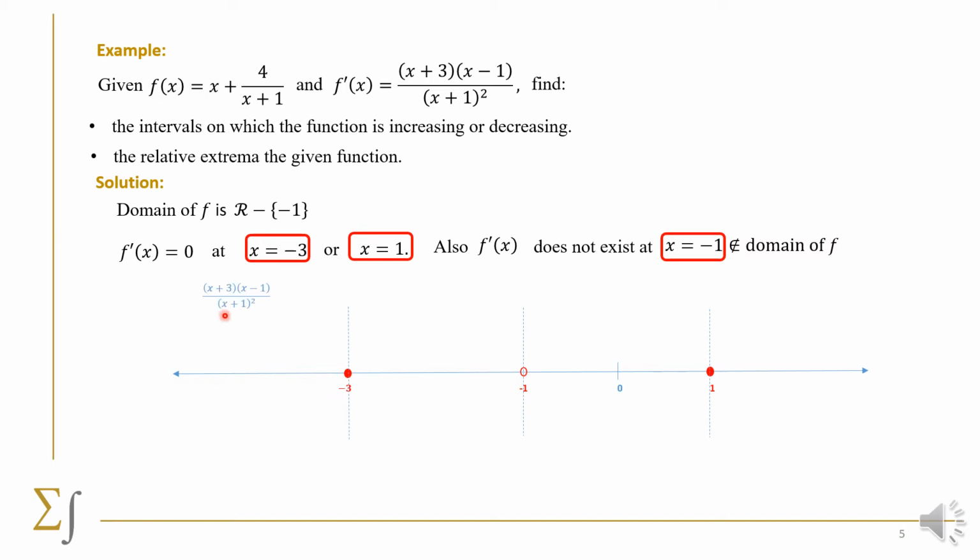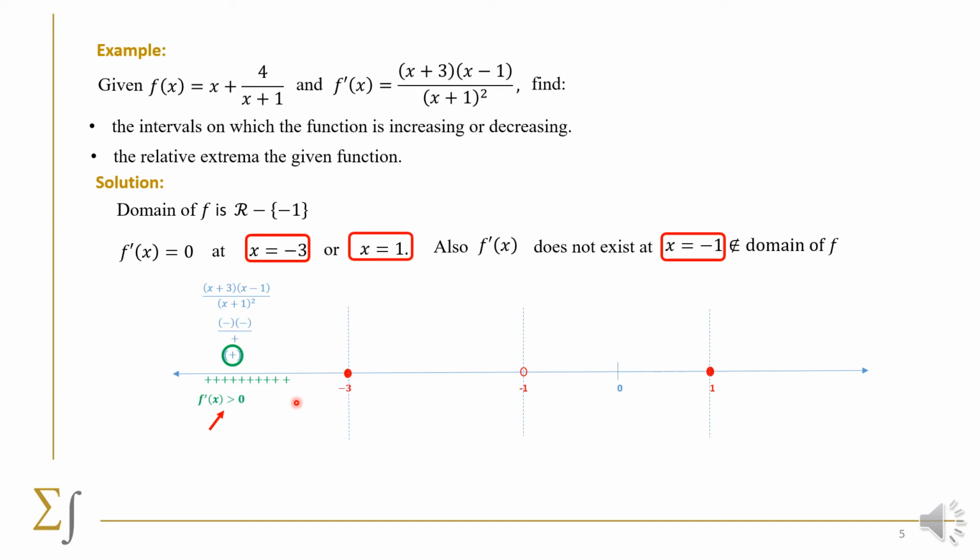So we put f prime. We all agree that the denominator is positive because we have x plus 1 all squared. Anything squared is positive, so the difference in sign in f prime will come from the numerator. I take any value less than -3, let's say -4. If I put -4 here, I get a minus. If I put -4 here, I also get a minus. Minus times minus is positive over positive, so the whole thing is positive. So the first derivative is positive in the interval from -infinity to -3, telling us that the function is increasing